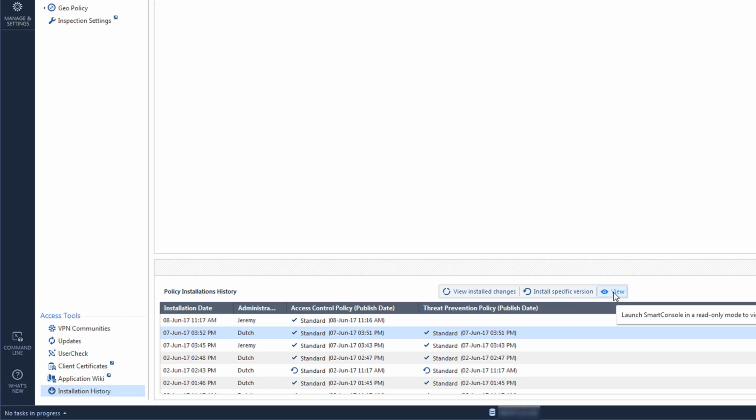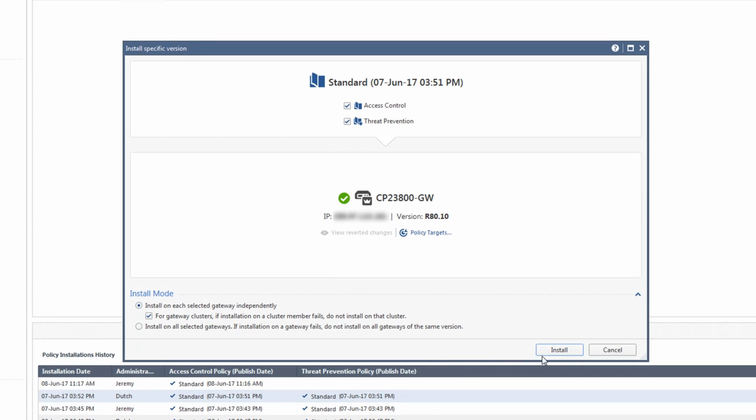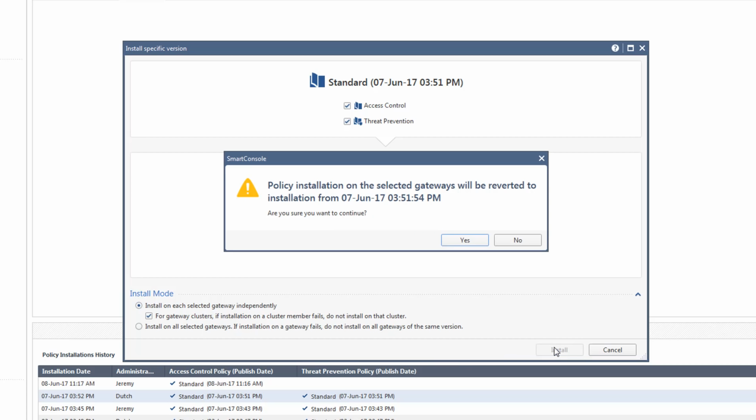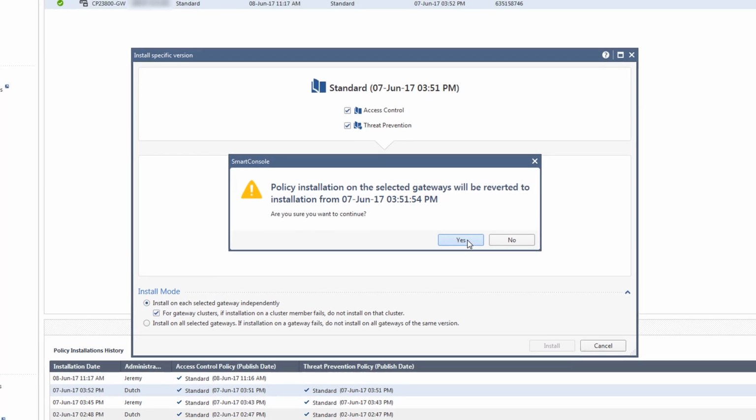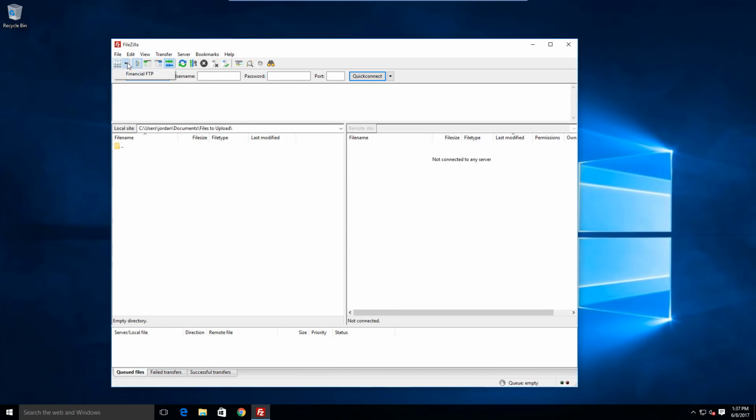You can view this policy by clicking on the View button, or to see the changes, click on the View Install Changes. But for now, we will just go ahead and click on Install Specific Version. In the next window, click on Install. An earlier version of the policy is now installed in the gateway, and Rachel can now get to the documents